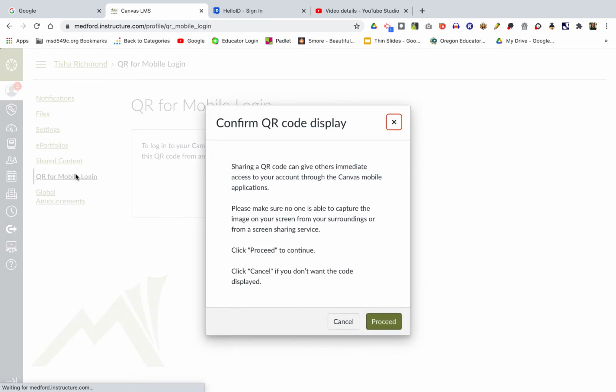QR for mobile login is how you are going to be able to share a QR code so other people can access your course through their phone. So for instance, if you wanted to have your course be available on your phone app, this is where you would scan that code to be able to have it connect with your